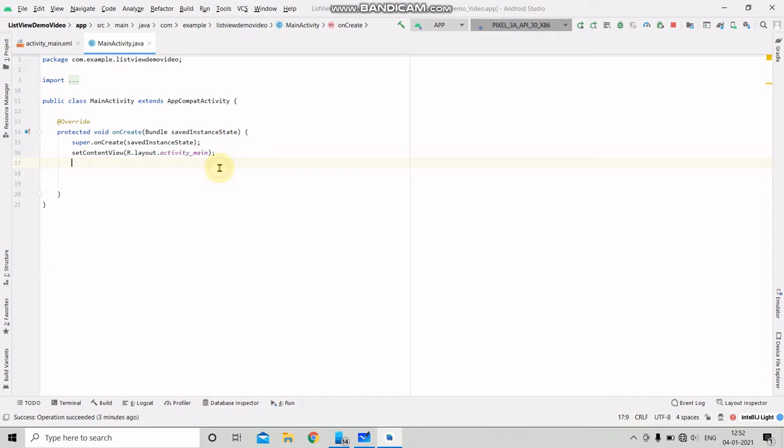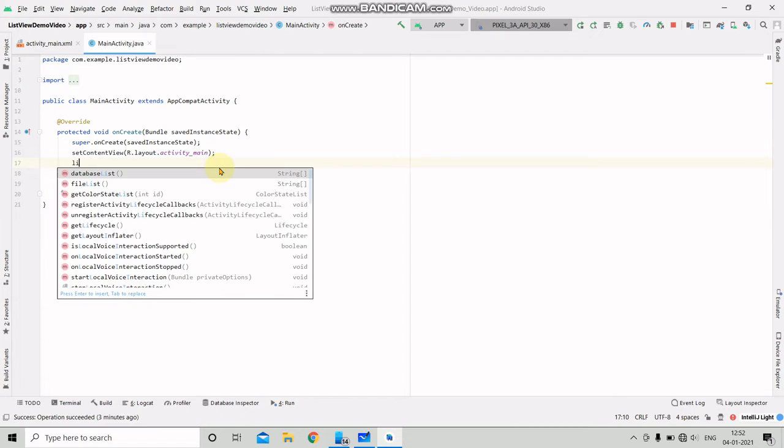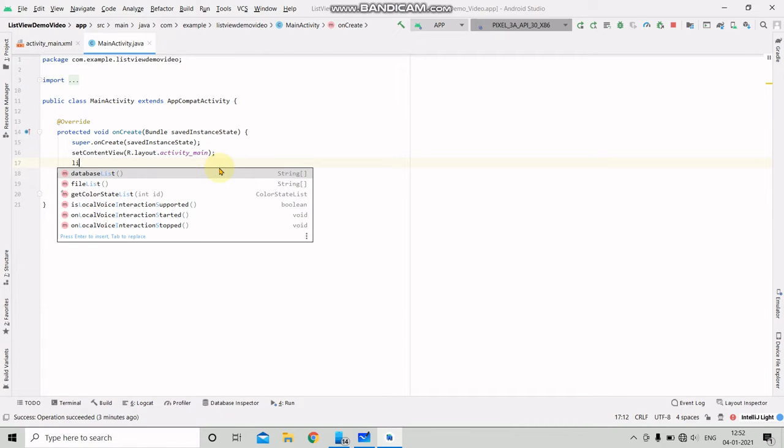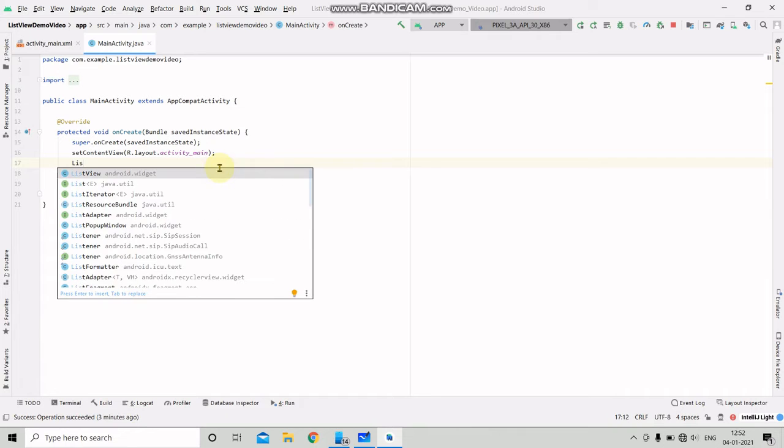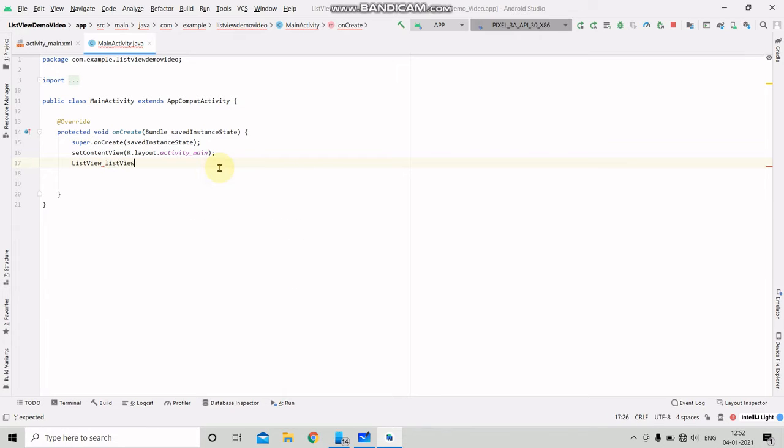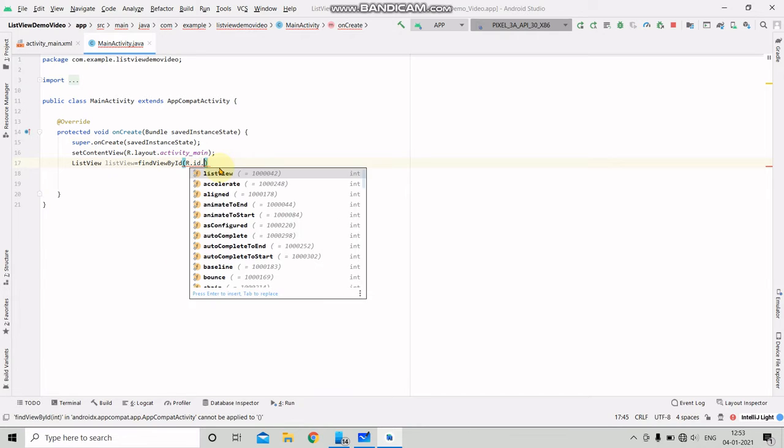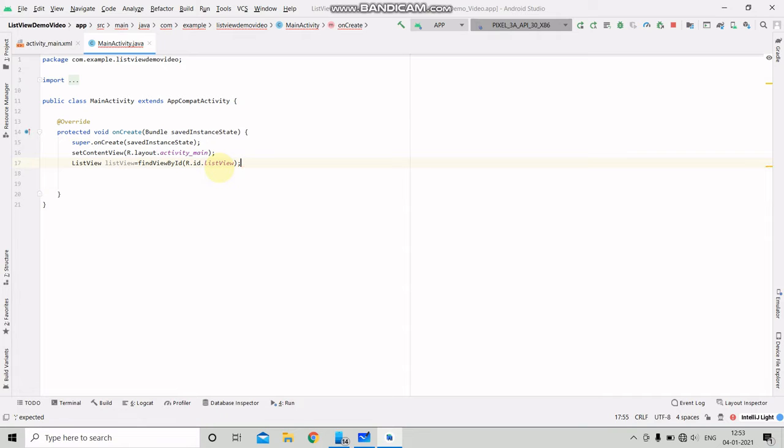Now, since ListView is a view, we need to find it. So we create a new ListView object: ListView is equal to findViewById(R.id.listView). Note that from Android version 4.0 and above, you can use findViewById directly without needing to cast it. Now we need, as I mentioned, to create an ArrayList